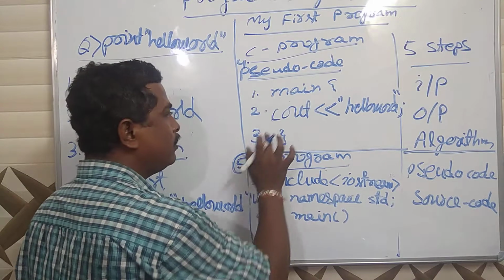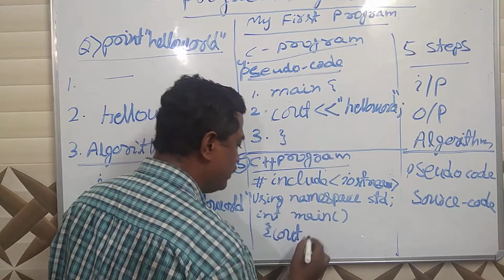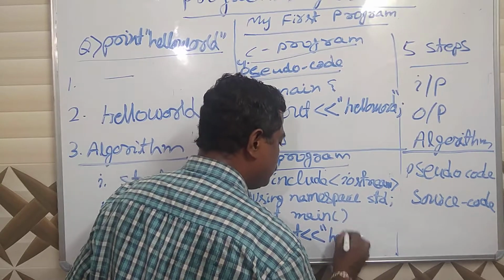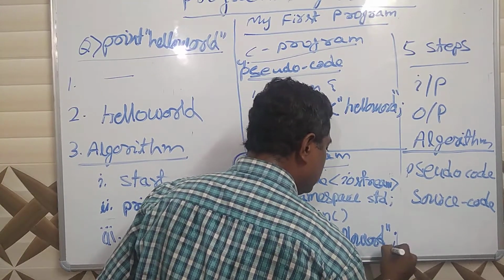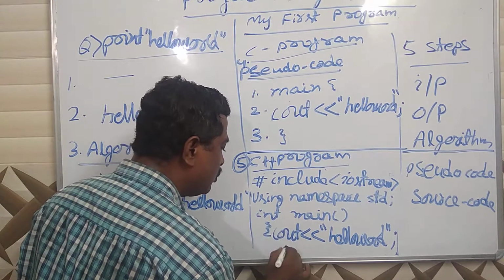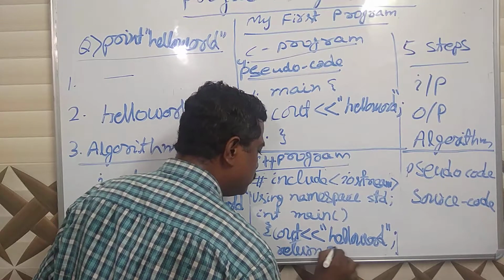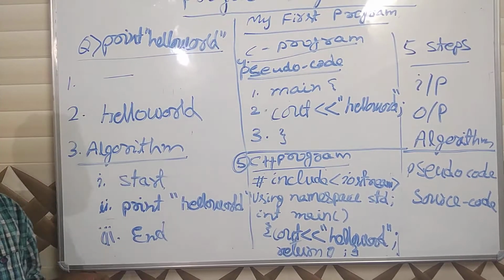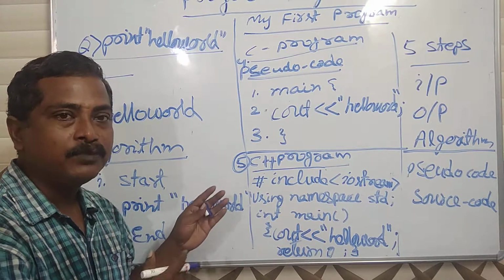Now cout, the exact syntax of cout is the same thing I have written. Cout, hello world. That's it. If int, then return 0. If void, don't write anything and close. So return 0, closing curly bracket. Okay, this is in C++. Now you might have felt the difference between C and C++. What is the change?